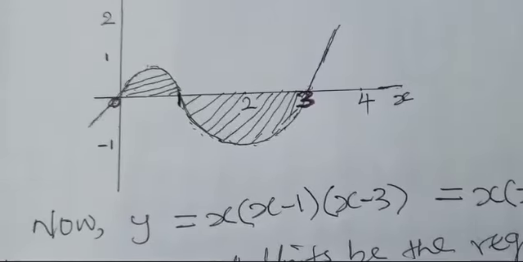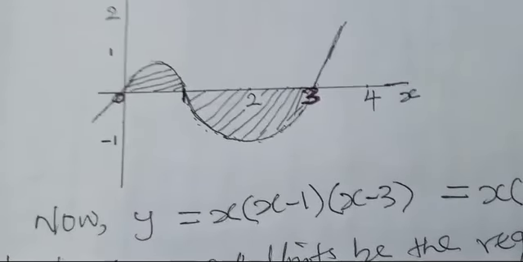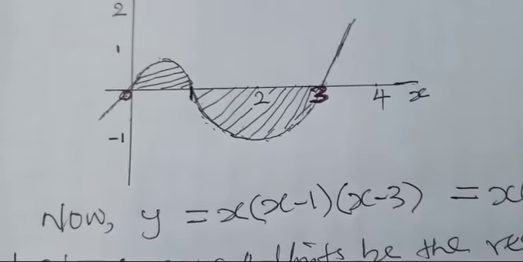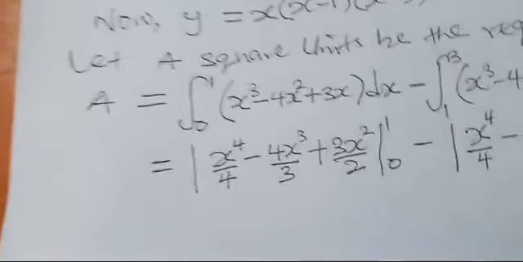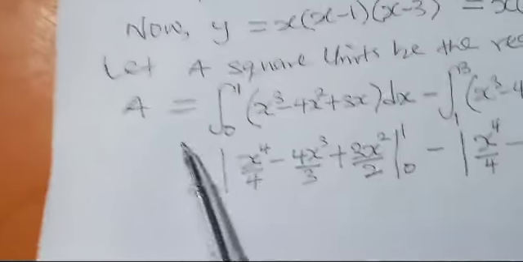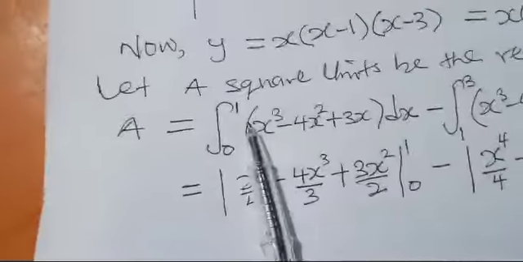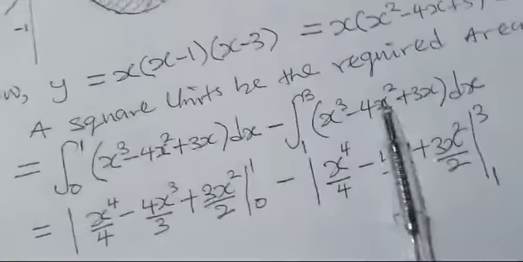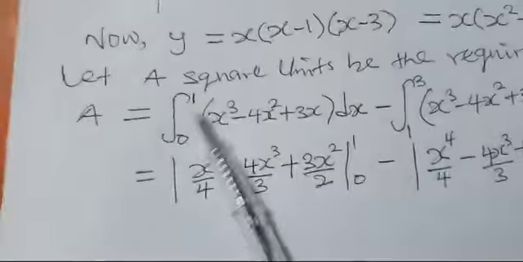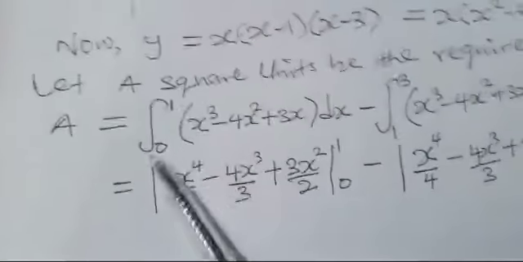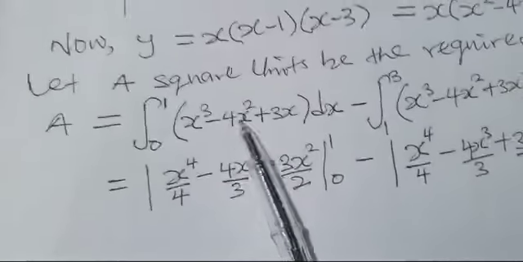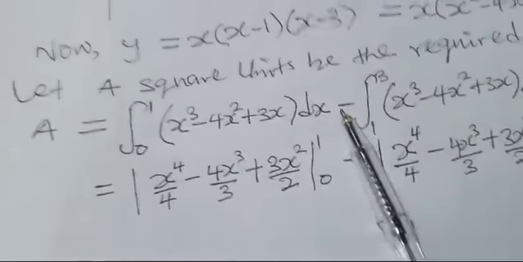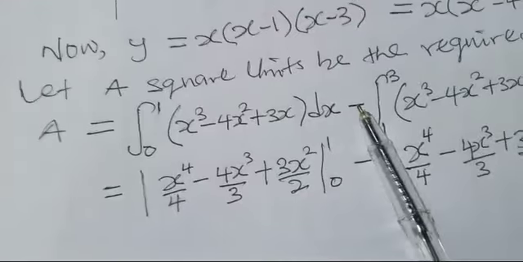And the positive region ranges from 0 to 1 and the negative region ranges from 1 to 3. So the area bounded by that curve will be equal to the positive region, which ranges from 0 to 1 of the function, minus the negative region, which ranges from 1 to 3 of the function. So we have the integral from 0 to 1 of x cubed minus 4x squared plus 3x dx, minus the other